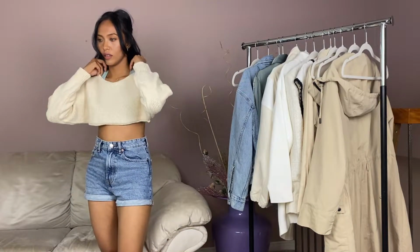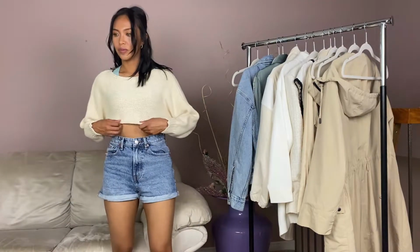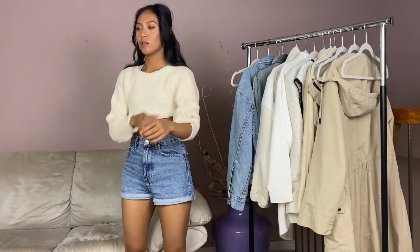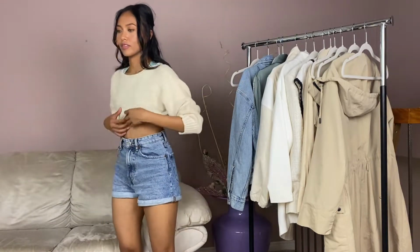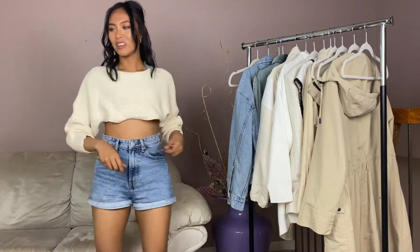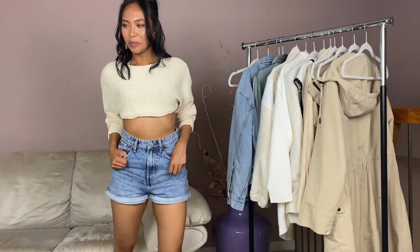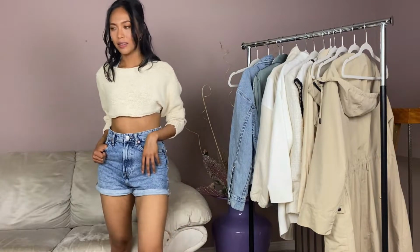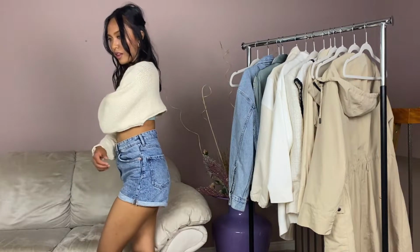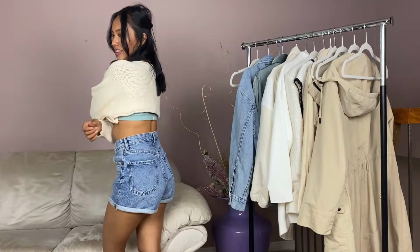It's way too short for me. It's not what I was expecting, but that could be my fault. I was just expecting it to be like your normal crop sweater, nothing more, nothing less. It turned out to be a lot less than what I was expecting. So I think this one for me is a miss, mainly because it's not what I was expecting. If you like the kind of cut that's short like this, then it's for you. But I think I'm gonna try going a size up and I'll let you guys know how that goes